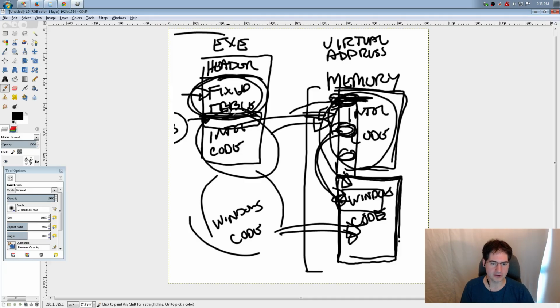It first lives in the executable in here. It then gets loaded into memory. And mind you, it can often be demand paged into memory, so it will be virtually mapped into memory, but it may not actually get copied into memory until you actually hit the part of the code that you need to run, at which point it'll load that in.